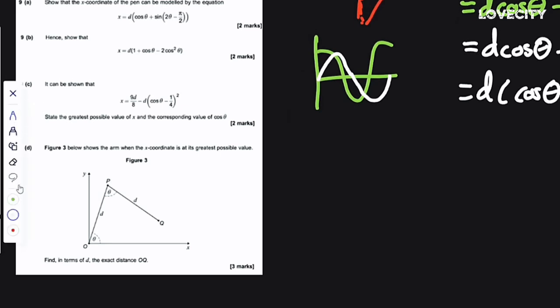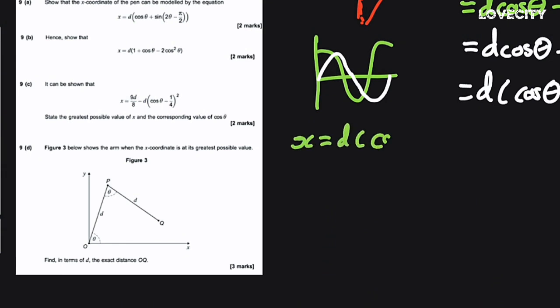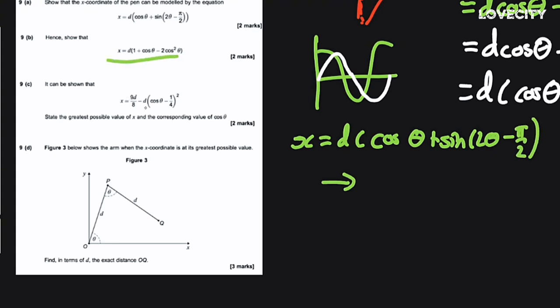Well, what's the difference? We're talking about hence, so we're clearly going from x equals d times cos theta plus sine of 2 theta minus pi on 2, to this thing. So we want to try craft it into that, a bit like a clay modeler. What's the difference? The difference is I've only got cos thetas. So I need to convert all of these trig functions into cos thetas. To do that, let's split up the sine. So if d times cos theta